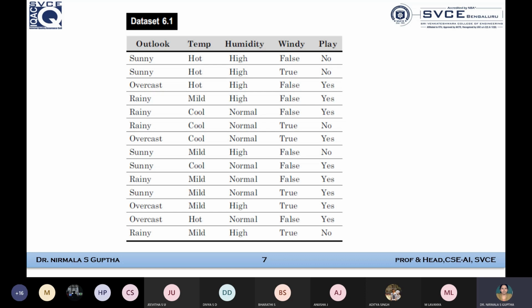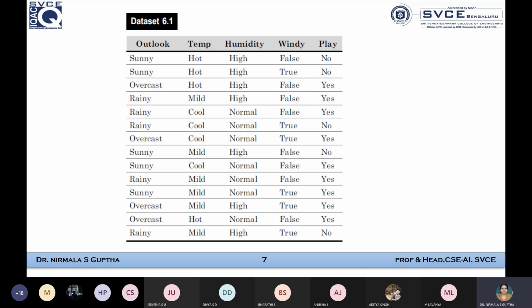Generically, what game also we are not concentrating here. But there are 5 important attributes or parameters which are very much important for us to consider. So one is outlook, that is whether it is sunny or overcast or rainy. So the 3 possibilities of the outlook of the atmosphere. Then the temperature, whether it is a cool temperature or hot temperature or mild normal temperature, that means to say.